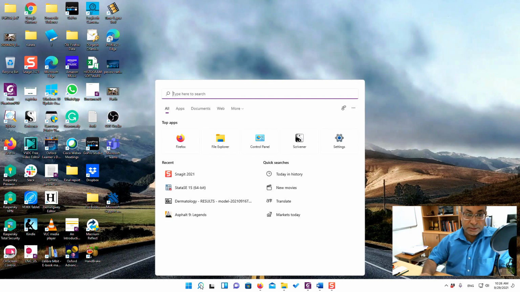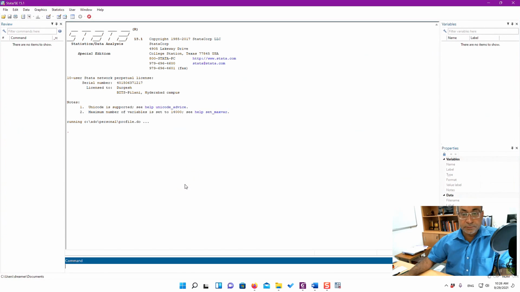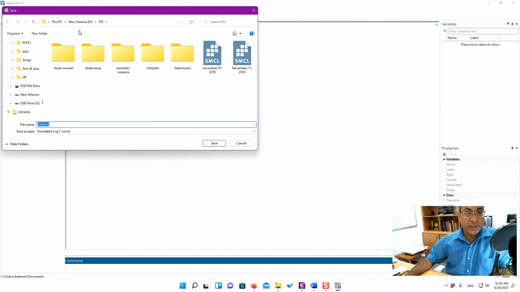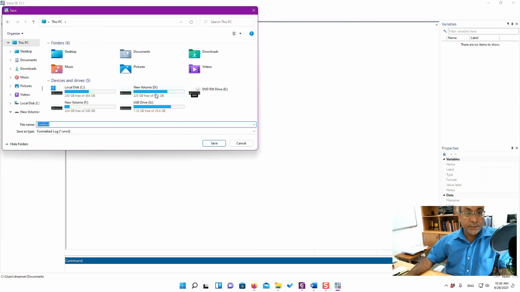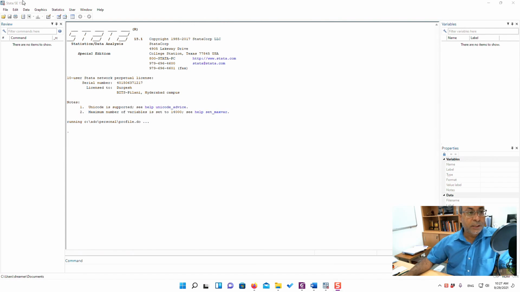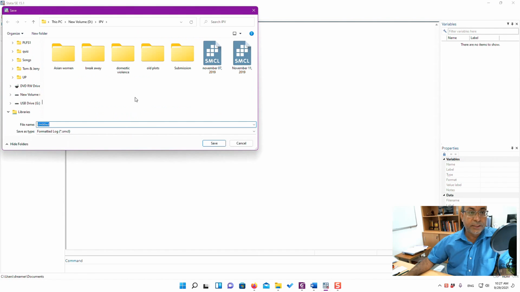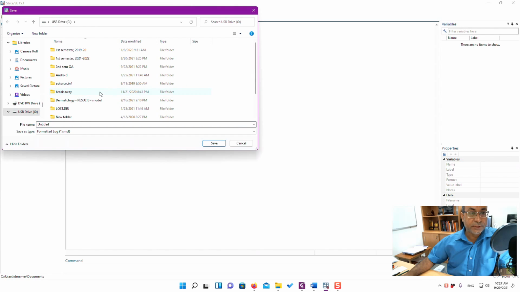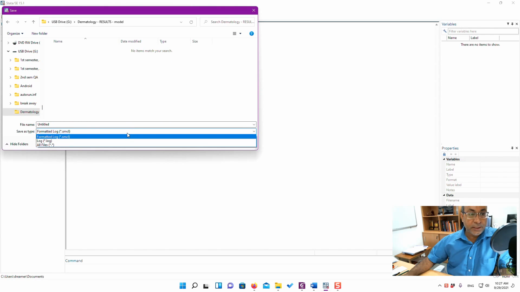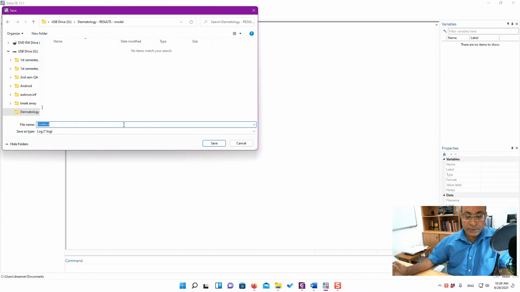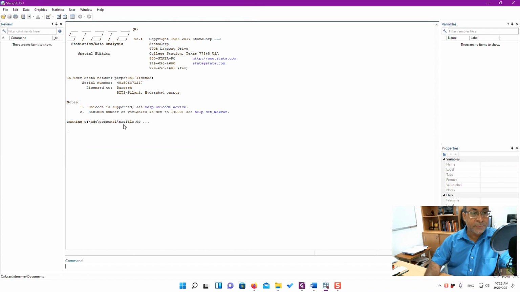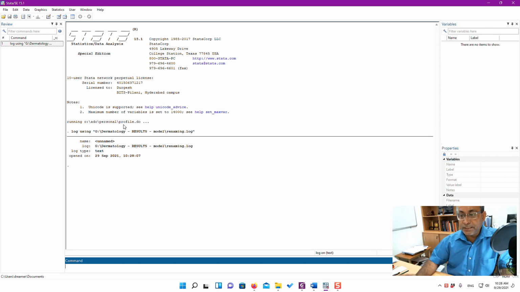So see, I am starting Stata. So now my Stata is started. So first thing after that I am going to do is actually start a log file. So I am making it like this. So see, I am going to save my log file in the folder where I have my data. So I am looking for that folder. I use .log. You can use .smcl if you want. I'm naming this log file as renaming because I'm going to show you how to rename variables.